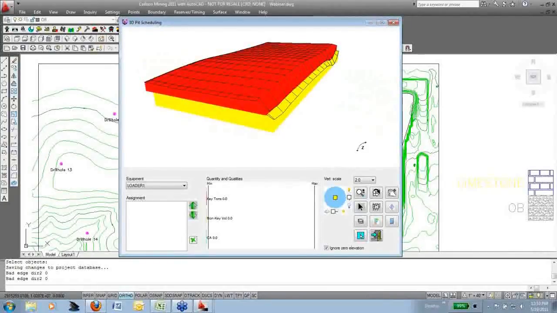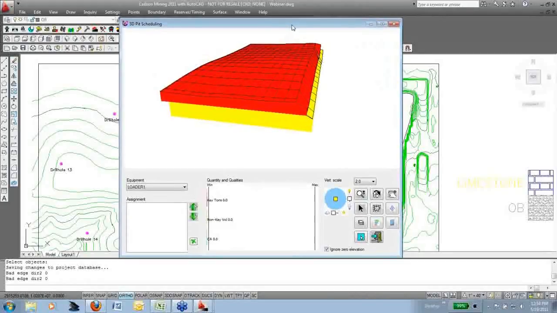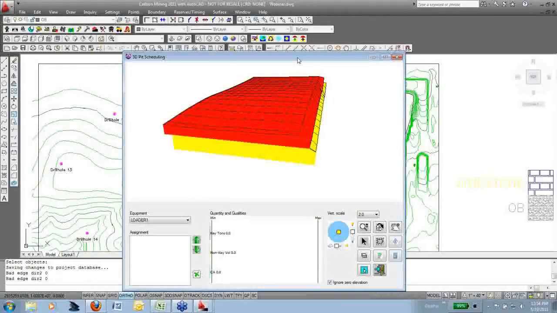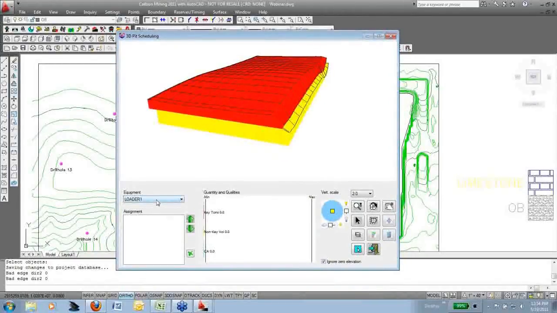You can see the surface. And this is that existing high wall coming down. These pits are right along this existing high wall. That's why they're coming down on this right-hand side. And the process of this window is to assign the blocks in order to the loader. And use that with the arrow, the pointing device. We have these